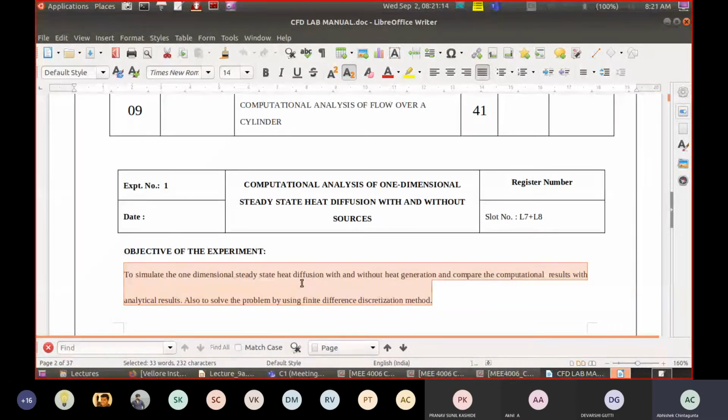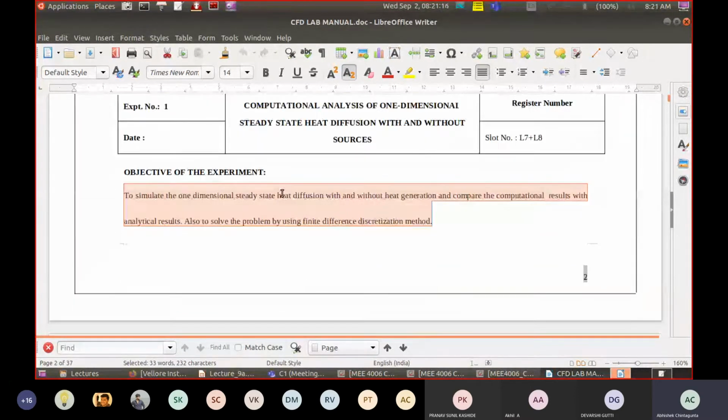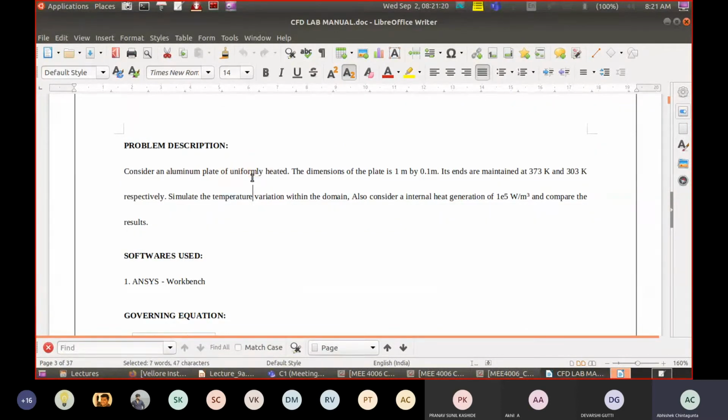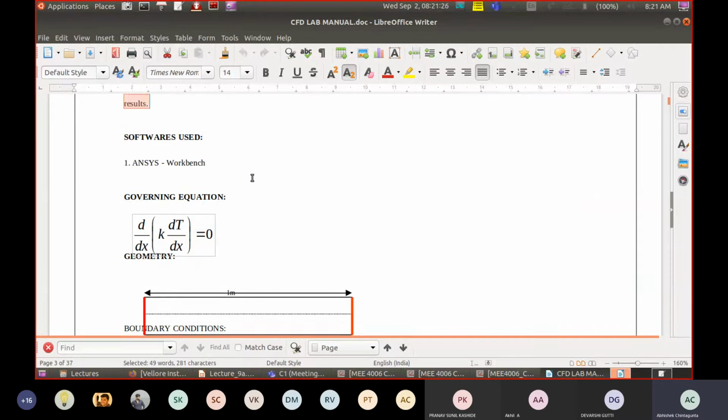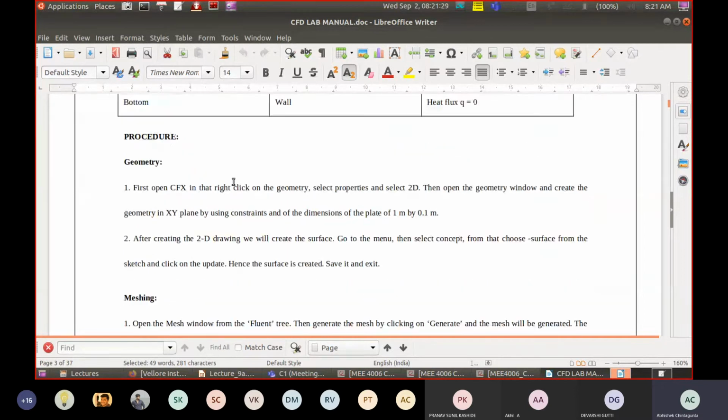Next step, I think I gave you all this. So the procedure part you have to fill in is, give the geometry. How did you generate the geometry? First you opened ANSYS design modeler. You have created the geometry. First you created points, you have created lines, and you give a step-by-step description, short one-line descriptions of step 1 I did this, step 2 I did this, step 3 I did this, etc. First you created the geometry.